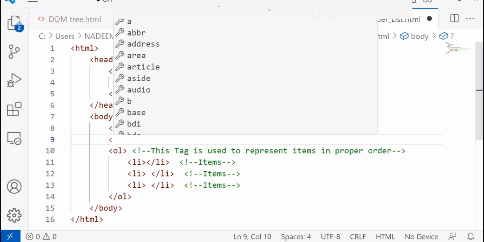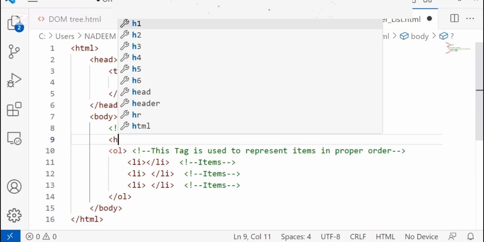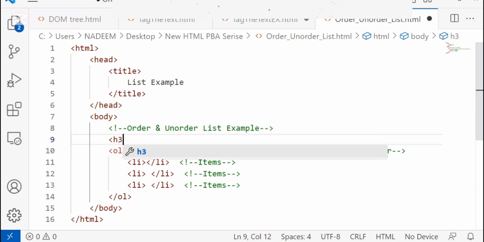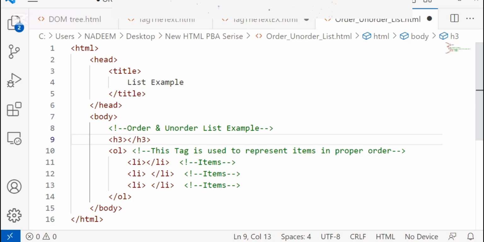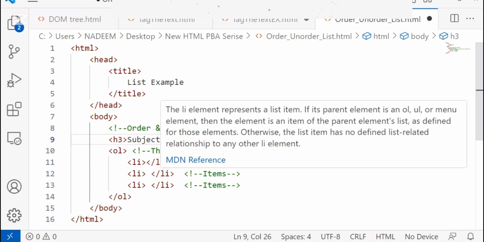For example, let's say we are going to create an ordered list of subjects. At that time we need to put a heading first, like subject list.